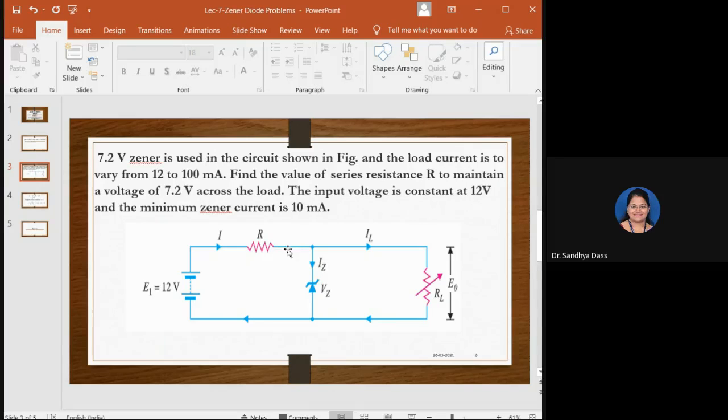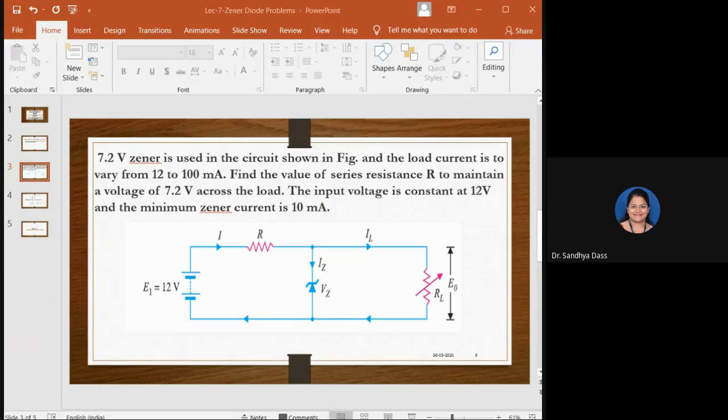So in this voltage regulation, whether it is line regulation or load regulation, the values of input voltage or the RL value should be within the minimum and maximum range, so that the Zener diode operates in the breakdown region. So all these points have to be observed and noted.